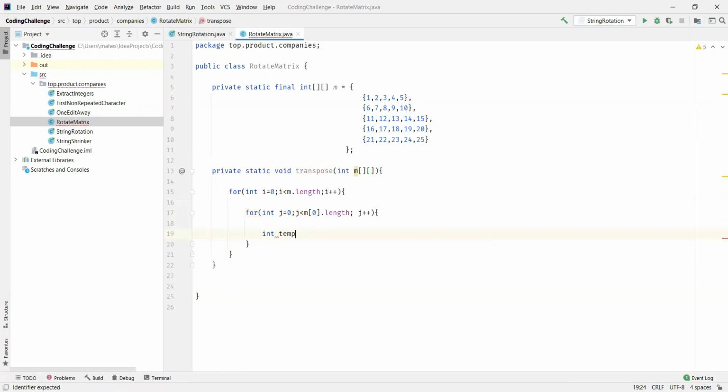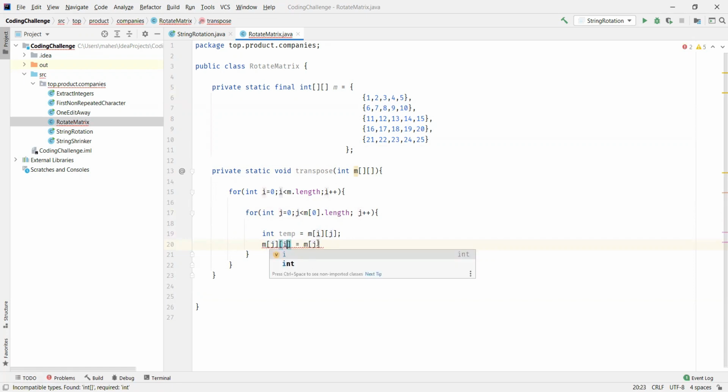To swap, first we'll take the ij value into some temp variable, then we'll assign ji into ij, and then we'll have ji equal to temp.